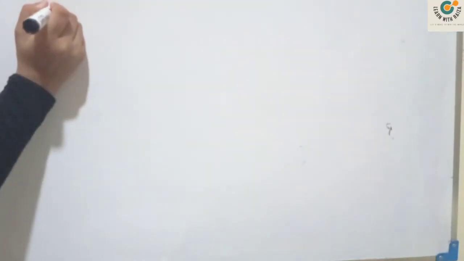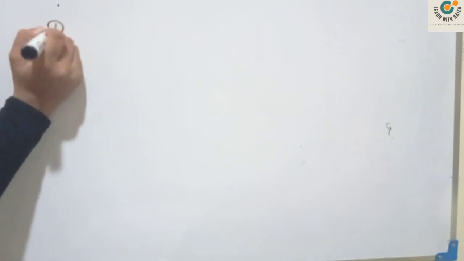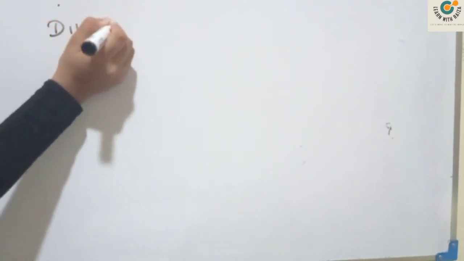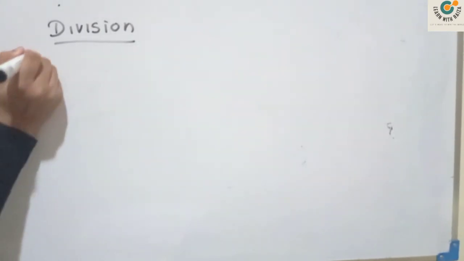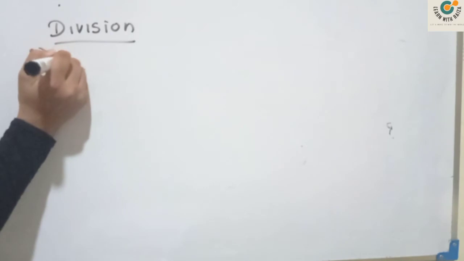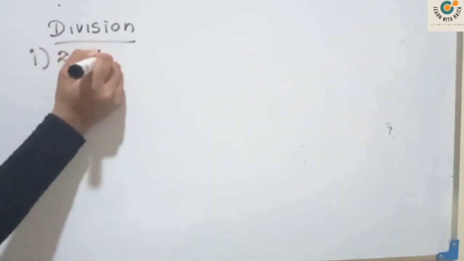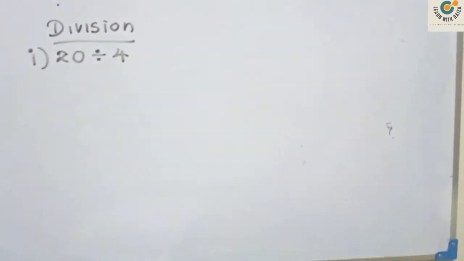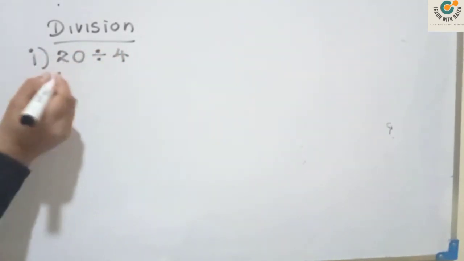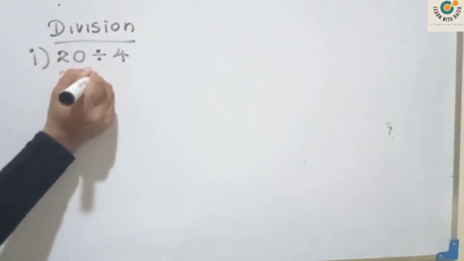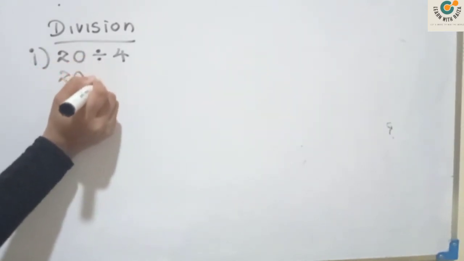Right. So the next one is division of fractions. When we're talking about the division, we should know about the reciprocal as well. If I consider the first example, whole number 20 divided by whole number 4, how do we do this now? First of all, you should consider the reciprocal of the second number. So 20 you write as it is, and this division, you should convert.